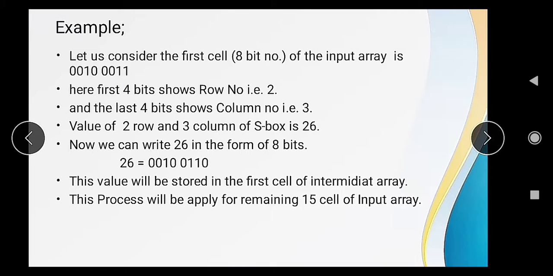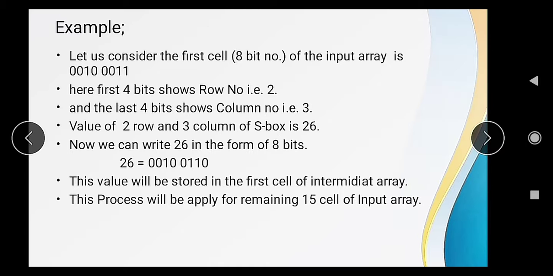In this way, it will be written in the form of binary data. So 26 will be written as 0010, that is 2, and 0110, that is 6, in the form of bits. Okay, 8 bits. So we'll write this data in the form of 8 bits again, and this will be stored in the first cell of the output. So this is actually the idea of the S box. This whole process will be applied on all 0 to 15 cells of the input,